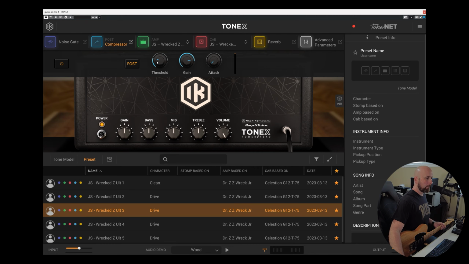We could do that, but that would really be a step that wouldn't be overly necessary. What we actually could do then, when using the compressor in post after the amp, we can just use our gain control here on the compressor as our final output volume. So if I find that that's not loud enough,